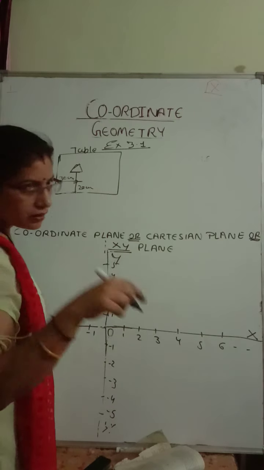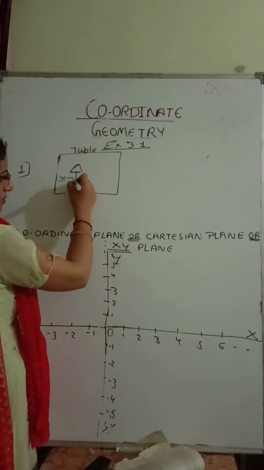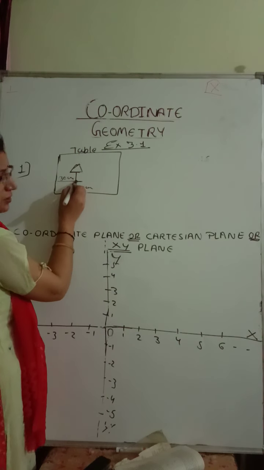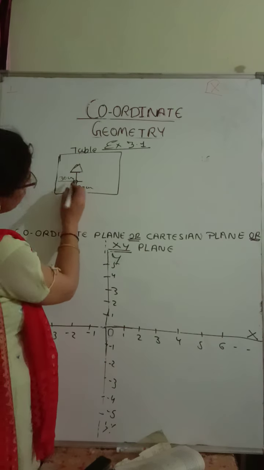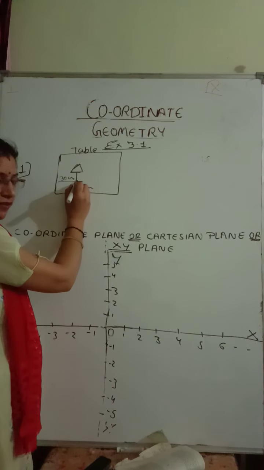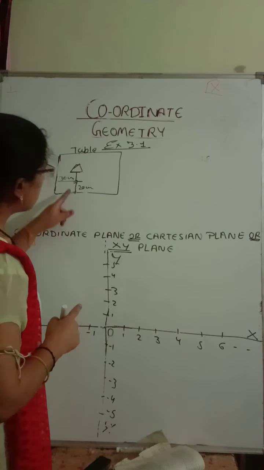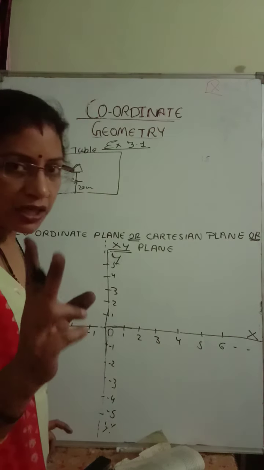And you can say in another way, from the top it is 50 centimeter away, from the left corner it is 30 centimeter away. Then also you can find the position. You can say like this, from the right corner it is 80 centimeter away, from the bottom it is 20 centimeter. Then also you will get the point. So you will get the information, but you should have any two information.